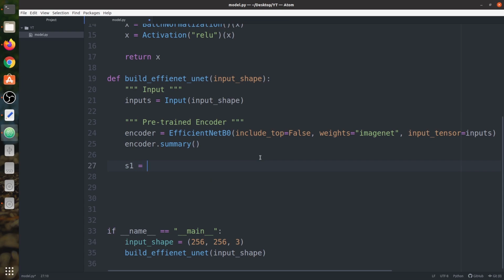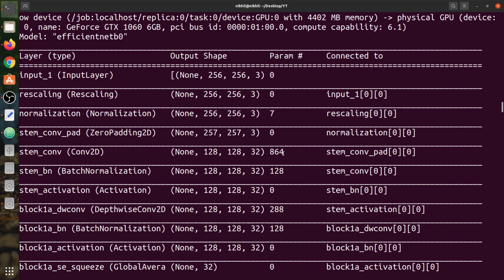So we're going to say s1 equals encoder.get_layer, then we need the name of the layer, and we're going to say output. So here we need to provide the name of the layer. The initial input shape is 256 by 256, so we need any feature, any activation of this shape, from the entire architecture.